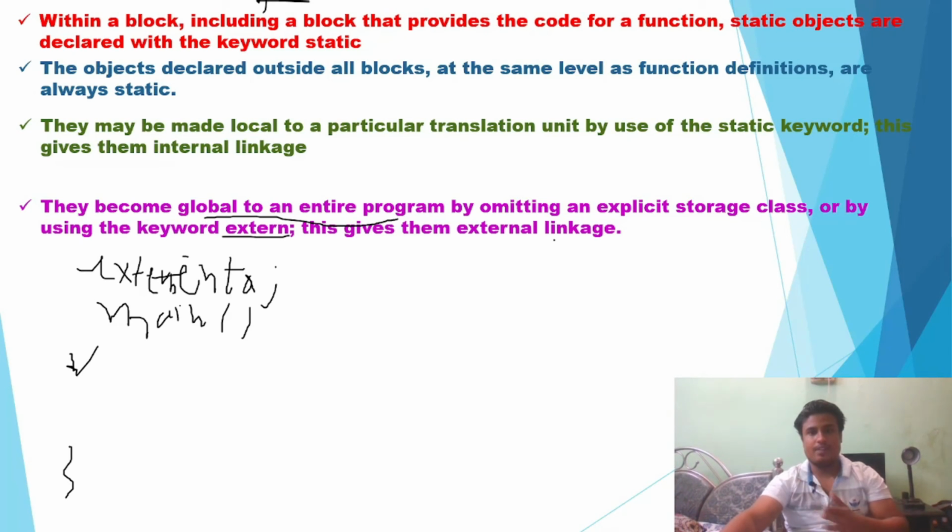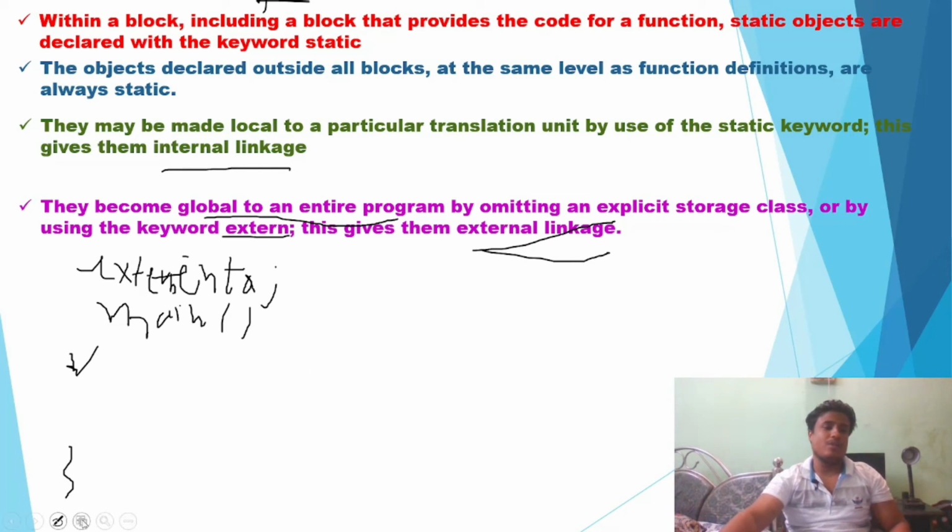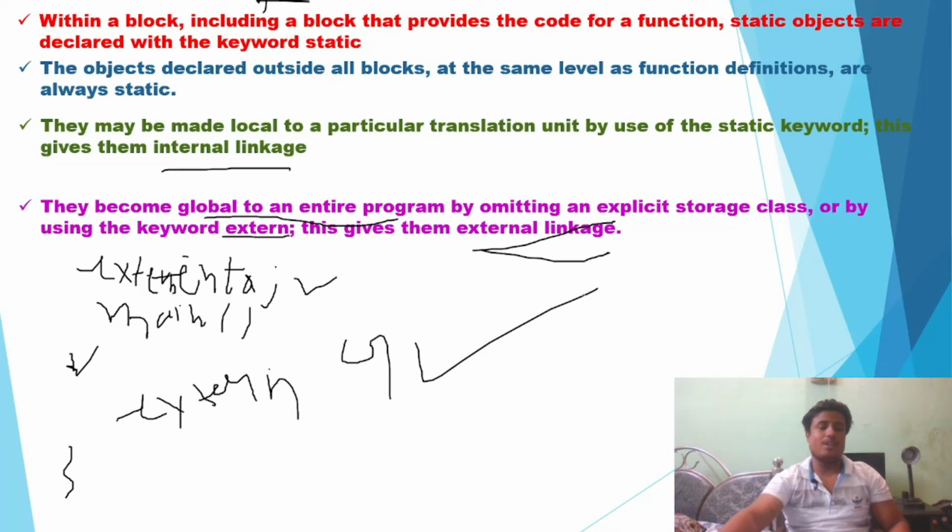Remember this point. This is called external linkage; again, this is part of the operating system. Internal linkage, external linkage, we'll discuss later. For now, just remember that whatever variable is declared outside a function is treated as global with implicitly no keyword used, and if you use the extern keyword, it can be defined global even inside a block. So suppose you define inside this block with the extern keyword and define some variable, it will be treated as a global one. Hope it is clear to you.